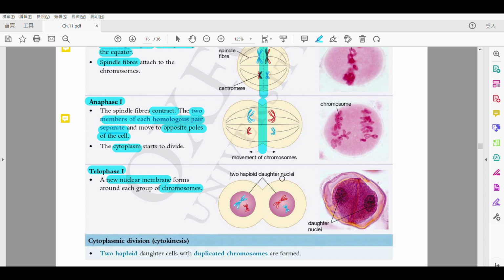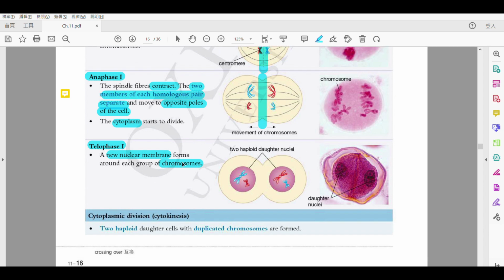Alright, but in this case, no. Because there is still another division, alright? 正常嚟講啦，喺 telophase of 呢個 mitotic cell division 咧，佢已經應該係 uncoil 啦，然後 become chromatin 嘅啦。但係啦，因為有 another division coming up，所以其實佢 will not turn into chromatin, alright? And then there is this cytoplasmic division, two haploid daughter cells 啦就會 form 咗啦。